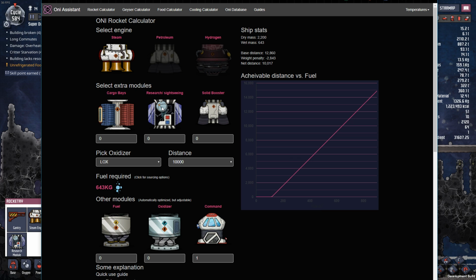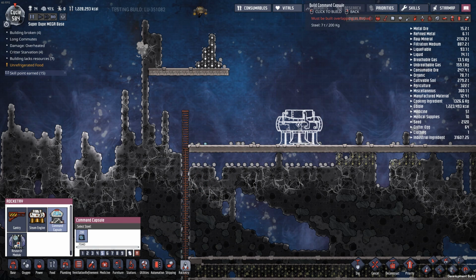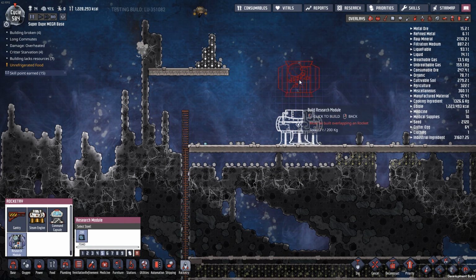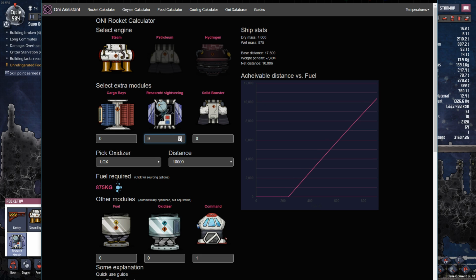The cool thing is that the research/sightseeing module right here doesn't weigh a lot compared to the cargo bay, which we do have to unlock. So essentially I'm just going to throw research modules on this, as many as I can. And if we use this tool, we can figure out just how many we can throw on there before we are out of fuel, because you can only throw as much fuel as this engine can take, which I think is 900 kilograms. So I think we can throw up to 9 research modules on here,